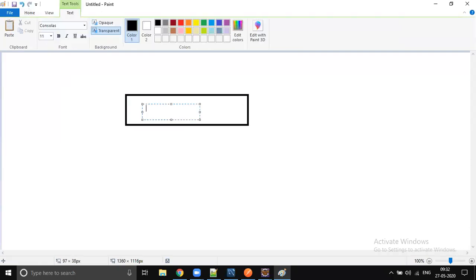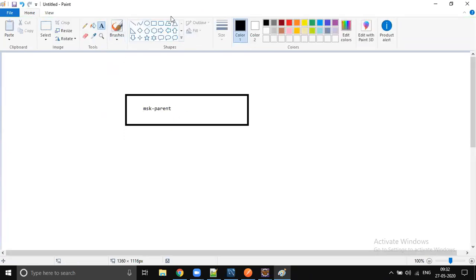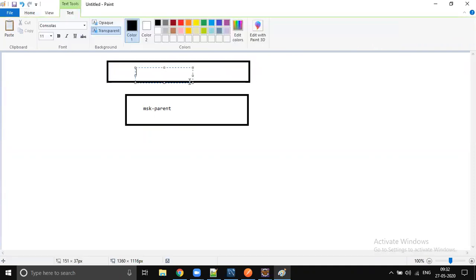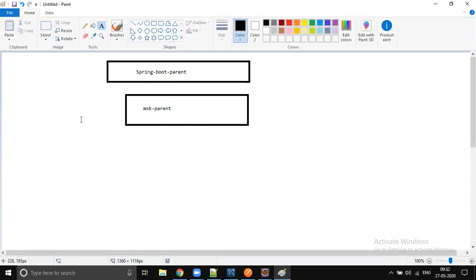They create it like MSK-parent and make it a child of Spring Boot parent. And they instruct that going forward, use MSK parent instead of Spring Boot parent. So it is just a simple naming convention, right? Instead of using Spring Boot parent, we will use MSK parent or a project-related parent.